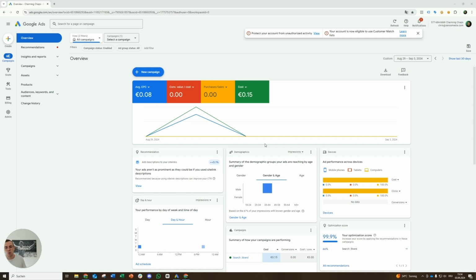Then I will also show you how to make some changes in the offline tool of Google Ads. Not many know about this. It's called the Google Ads Editor. I like it a lot because, as I already said, Google is always super buggy. Whenever you try to do something here, loading times are horrible. Sometimes it's buggy, it doesn't really work. And the offline tool is super fast. Just make all the changes there. It takes some time to get used to it, but you can make all the changes and then upload everything in bulk. So I like it a lot. If you know how to do it, then